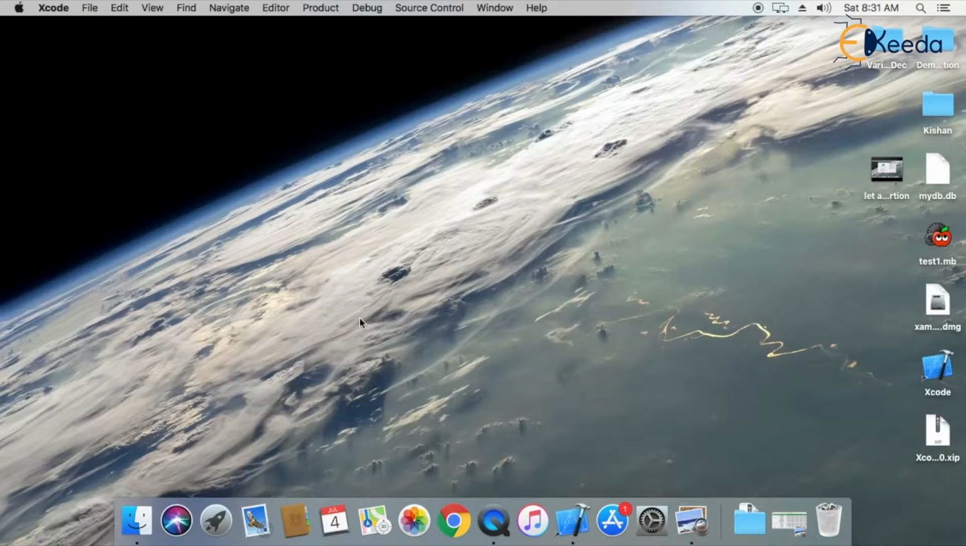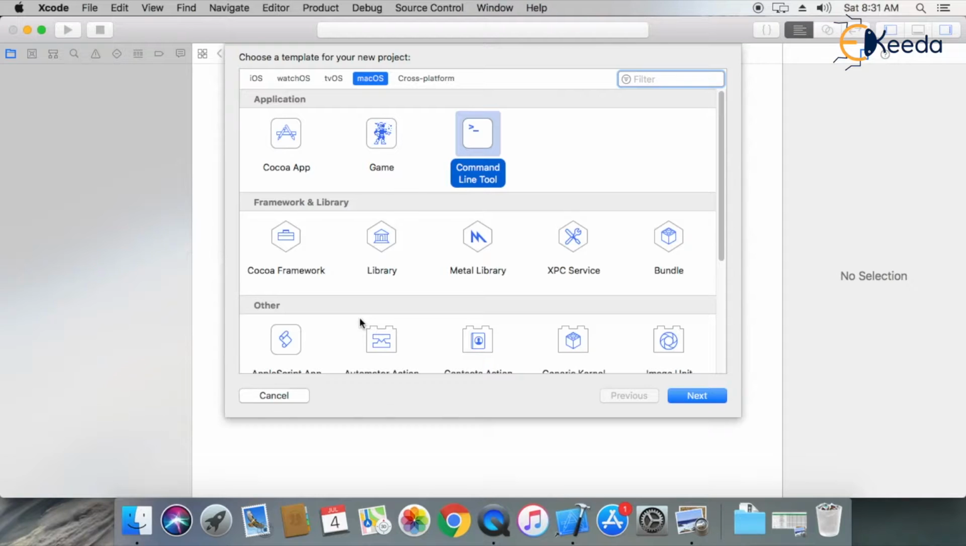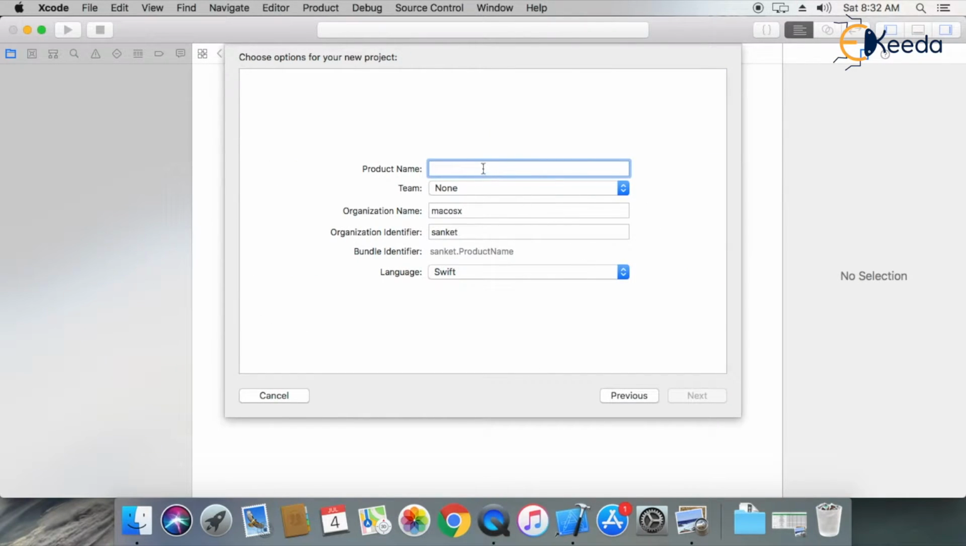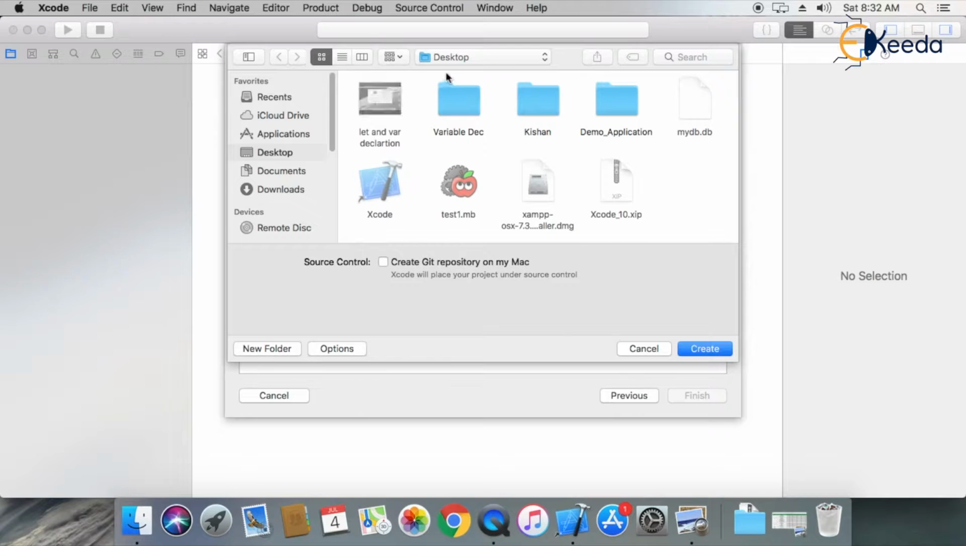So create one new Xcode project. Here we are working on a command line tool, which means basic Swift programming. You can use this category and just click on next. Now your product name means your application name. Here my product name is string, array and dictionary. Make sure your language is selected as Swift, then click on next